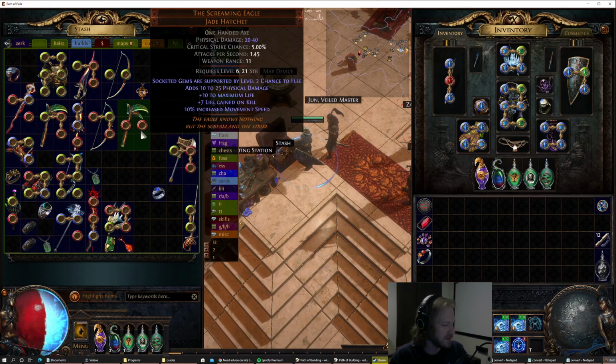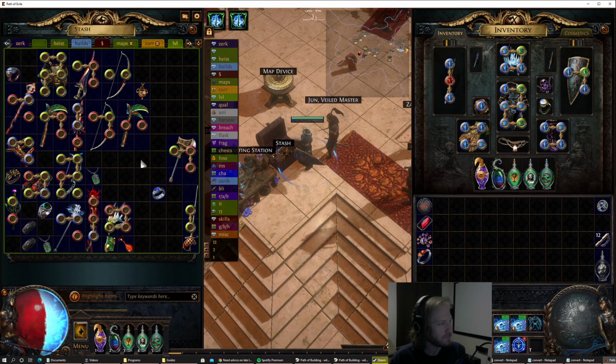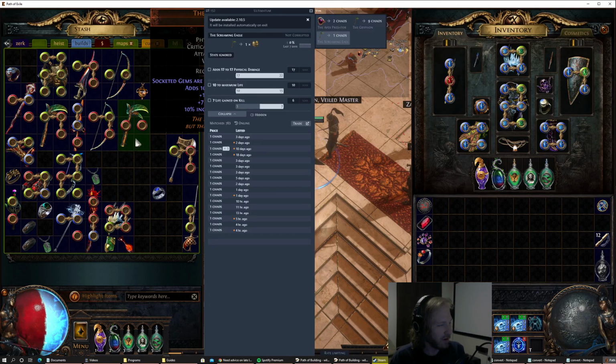So let's say this axe here, it's worth 1 chaos. And the cool thing is with these prophecy items, you can actually see at the top what the prophecy is called to upgrade them, and then how much the upgraded version is worth. So let's say the upgraded version was worth 30 chaos, but the base and the prophecy were 2. It'd make more sense to just do the prophecy as opposed to buy them. But that's what the auto hide is for, just quick at a glance,